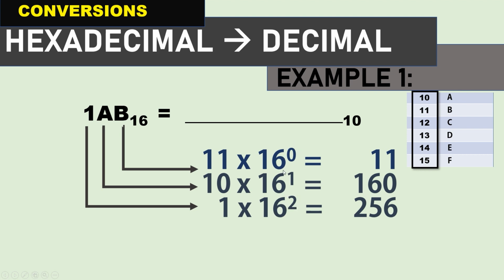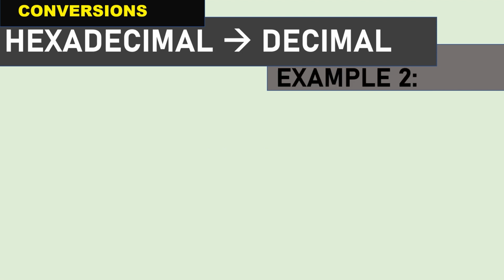If you can observe, the exponent is increasing from 0 until the last digit. Then going back here, you have 1 times 16 raised to 2 is equal to 256. Getting the sum of the products, we have now 427, and that means 1AB in hexadecimal is equal to 427 in decimal. Okay, so let's have another example for hex to decimal, and this time we have 4 digits,